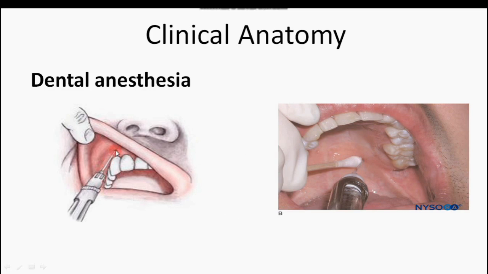This is the shaft of the needle, and this point, which is piercing the soft tissue, is the bevel of the needle. You have to insert the bevel and shaft deep, till it reaches near the infraorbital foramen, and there you have to deposit the